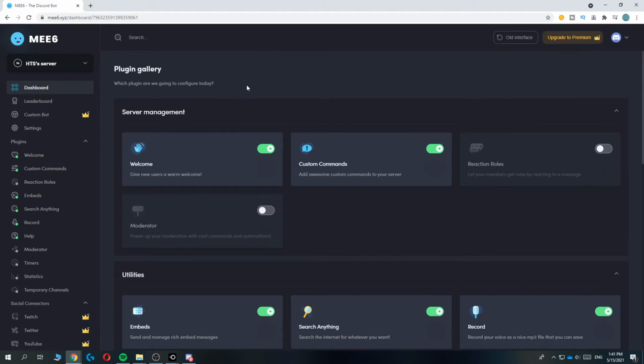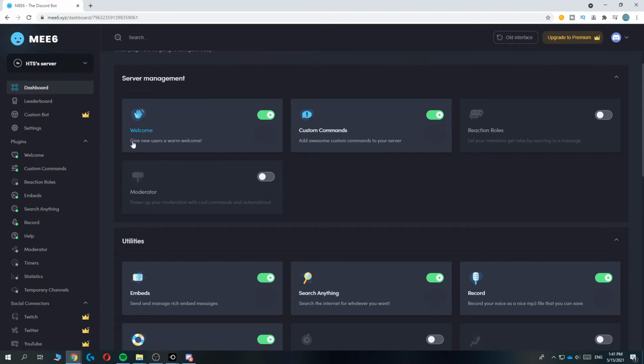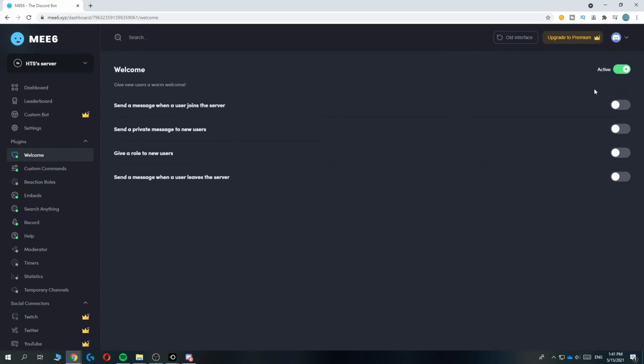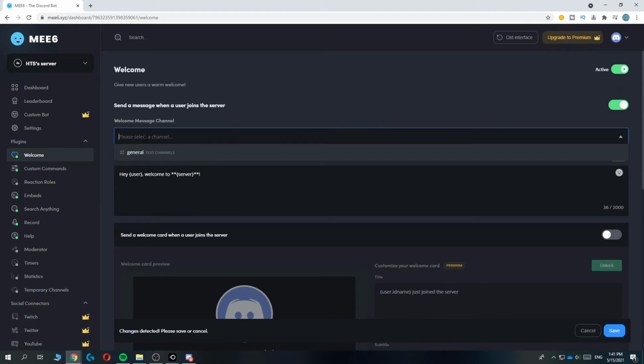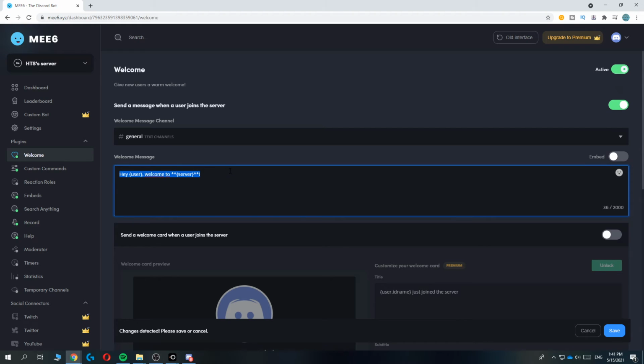Let's go back to me6 and go to welcome and hit it, and it says give new users a warm welcome. Hit it and then enable send message when a user joins the server. Now we can select the channel, which is just a general channel that I have, and we can customize the message. So, hey username, welcome to the server. We can add some text,